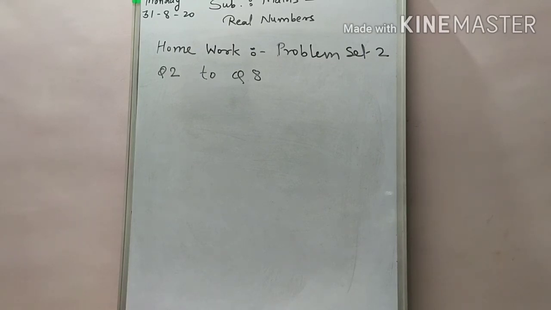The first question is to choose the correct alternative answers given below. Solve these 9 examples also in the textbook. So this is your homework students, and in the next period we continue with, or we start, mathematics part 2 second chapter.